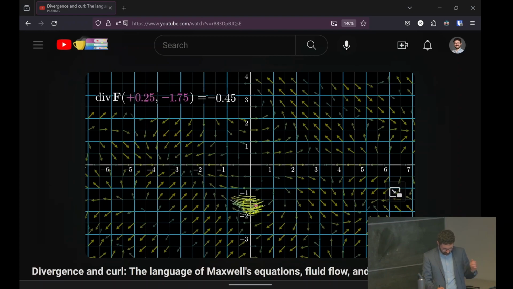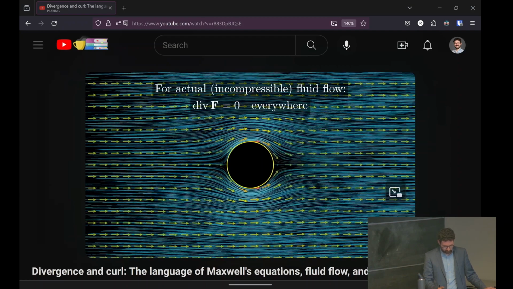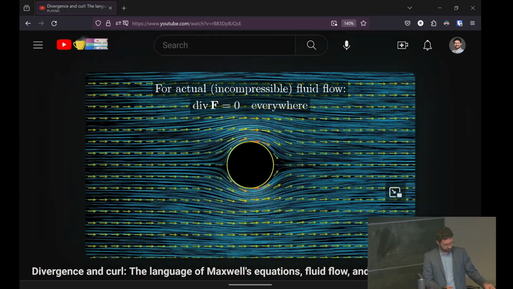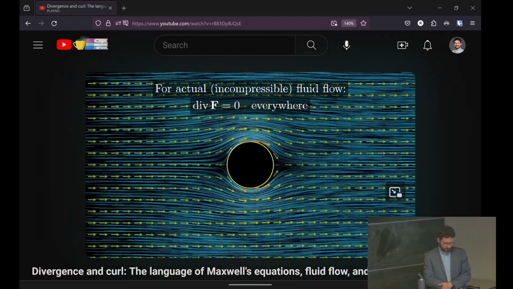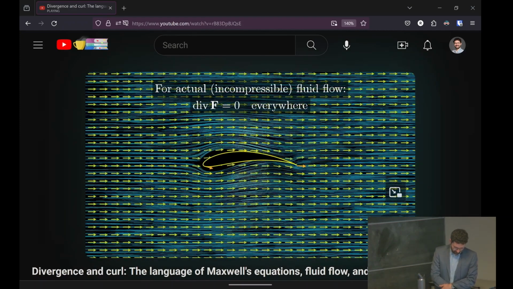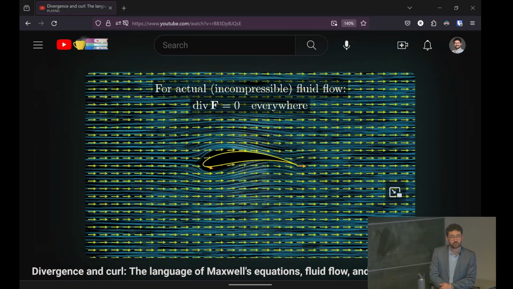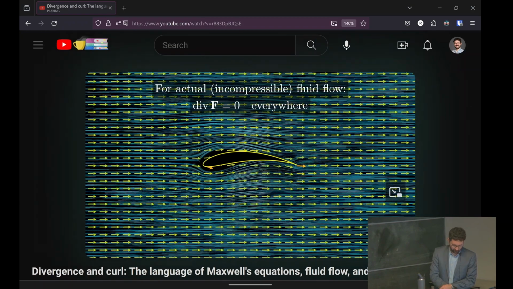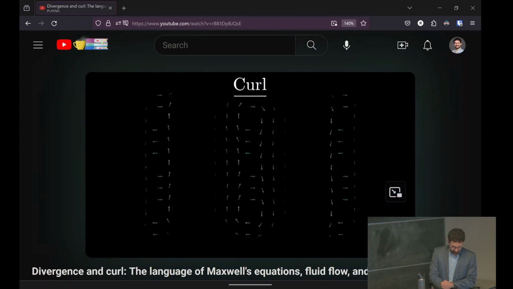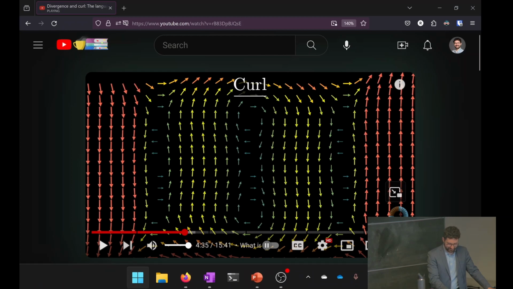Notice, this means that for an actual physical fluid, like water, rather than some imagined one used to illustrate an arbitrary vector field, then if that fluid is incompressible, the velocity vector field must have a divergence of zero everywhere. That's an important constraint on what kinds of vector fields could solve real-world fluid flow problems. For the curl at a given point, you also think about the